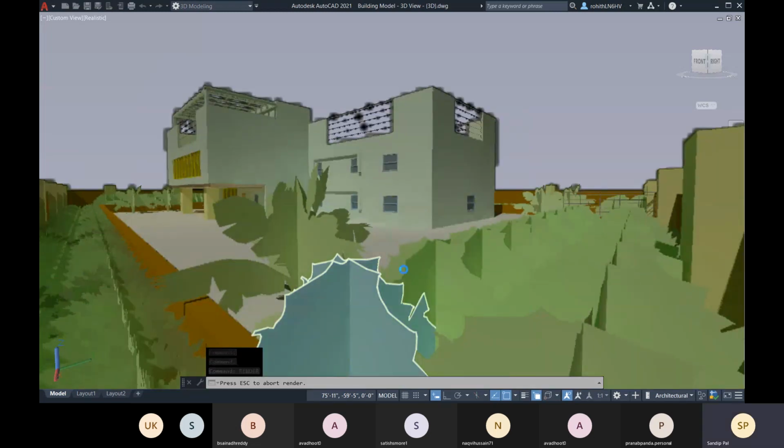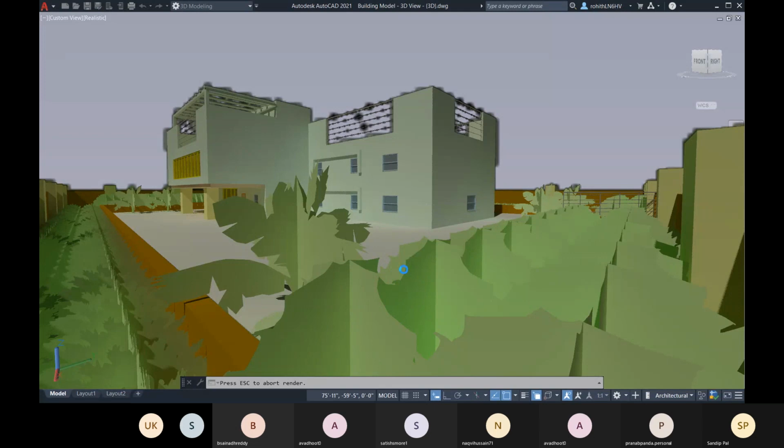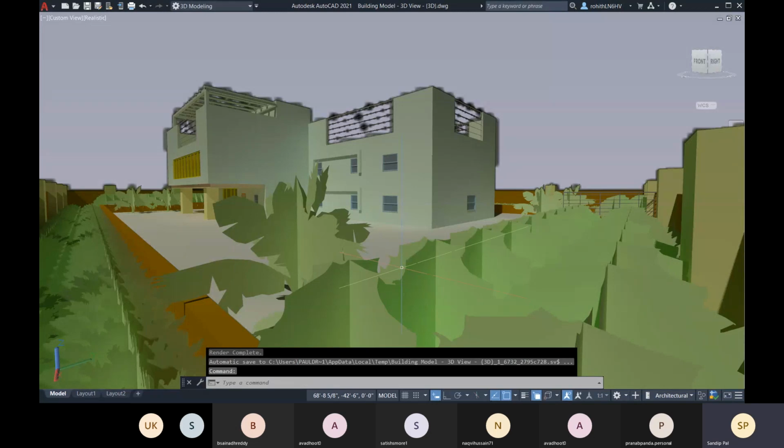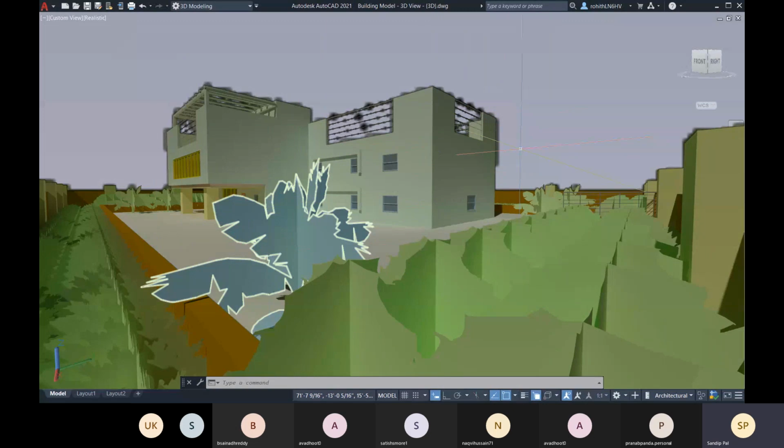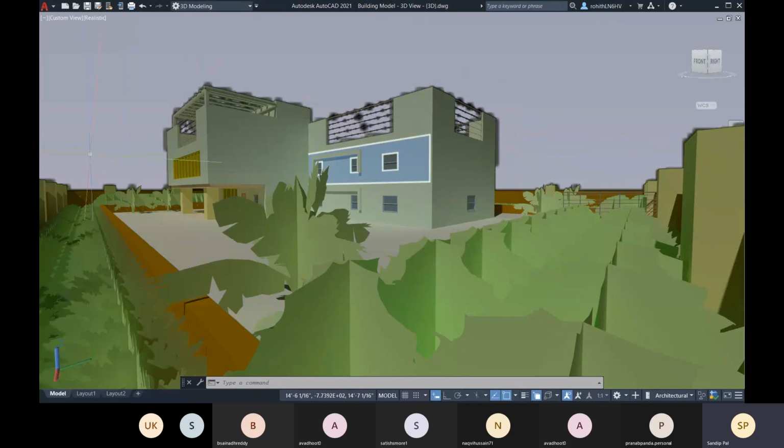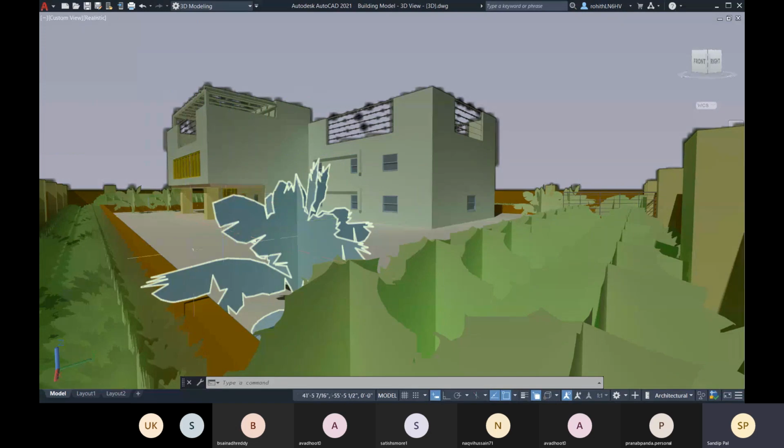So just wait for it. It will render it. Okay, so you have rendered it already. And as because I had selected the less amount of quality, so that's why I'm having it.